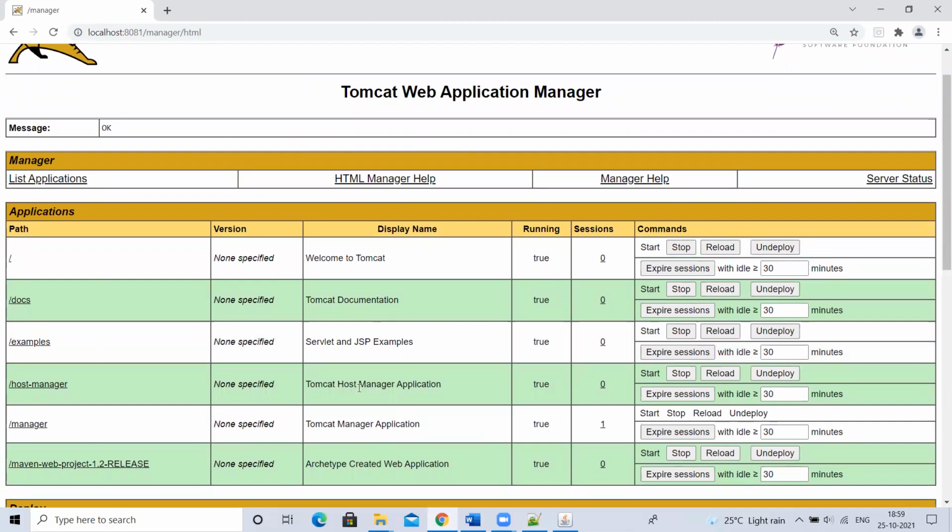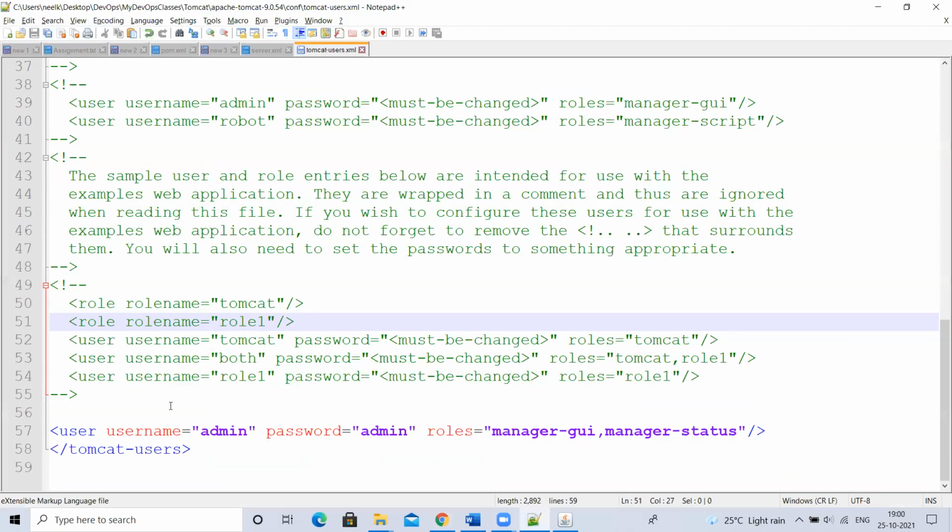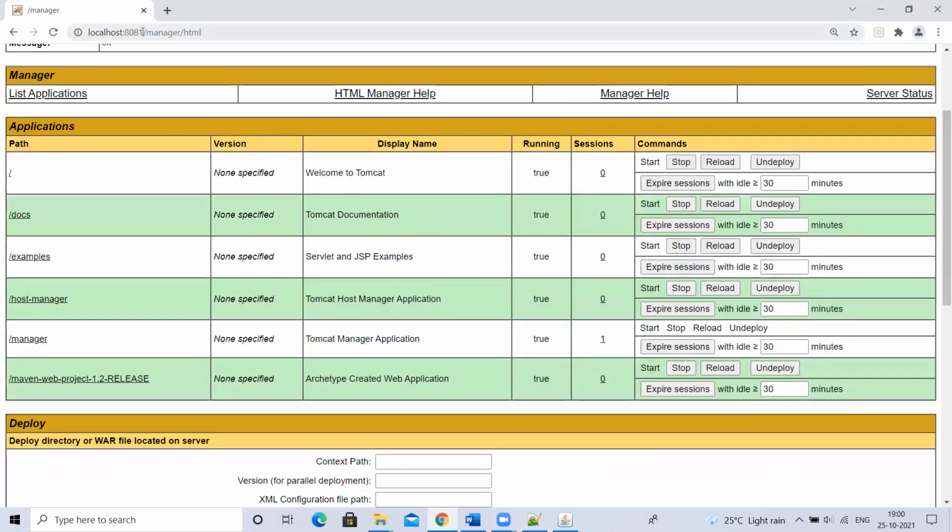But if I want to deploy or undeploy from this console, can the EC2 user deploy from here or not? No. Username, password. That is what I showed you, right? Tomcat-users.xml. If you add the username and password there, then only the user can log in here. Yes or no, guys? Yes. Who added the EC2-user into Tomcat-users.xml? No one added. So if a user types this URL and gives the username as EC2-user and the Linux password you have set for that EC2-user, will the user be able to log in? No, right?